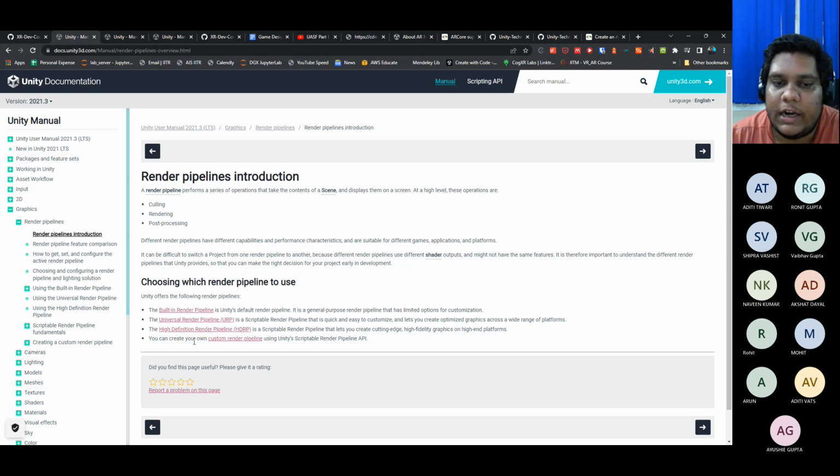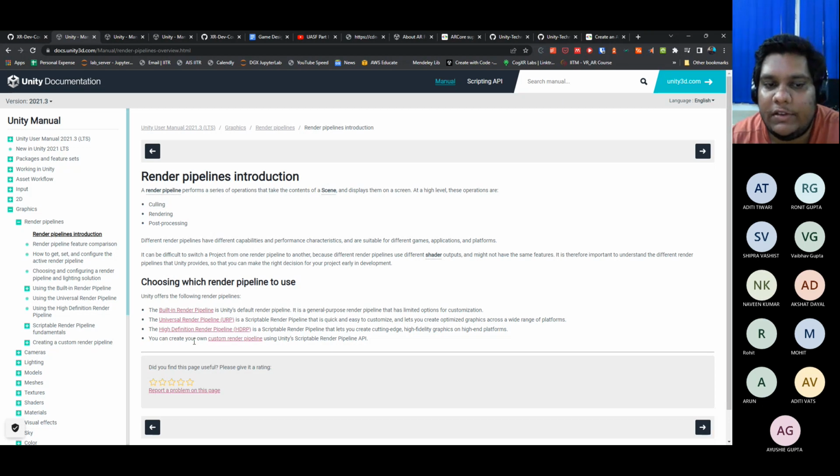That is the ability scriptable render pipelines allow us, which means you can write your own code that will take the scene view and convert it into the final game view. But Unity also provides you some by default.